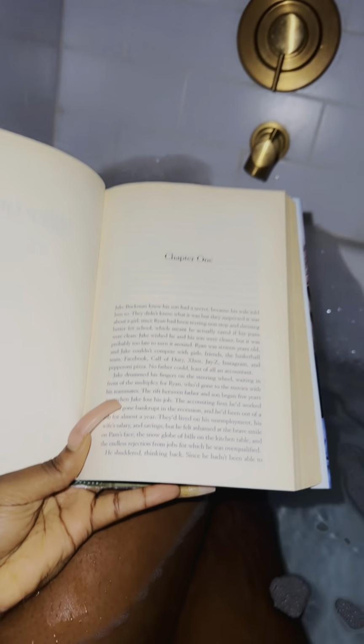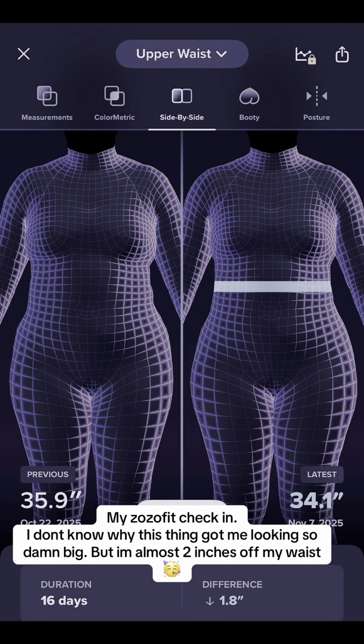My Zozo fit check it. I don't know why this thing got me